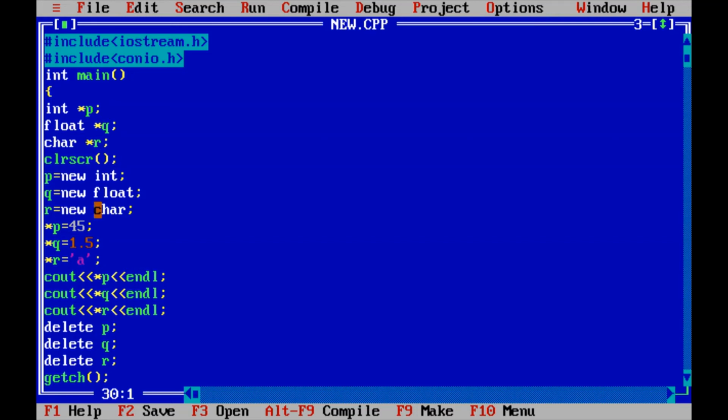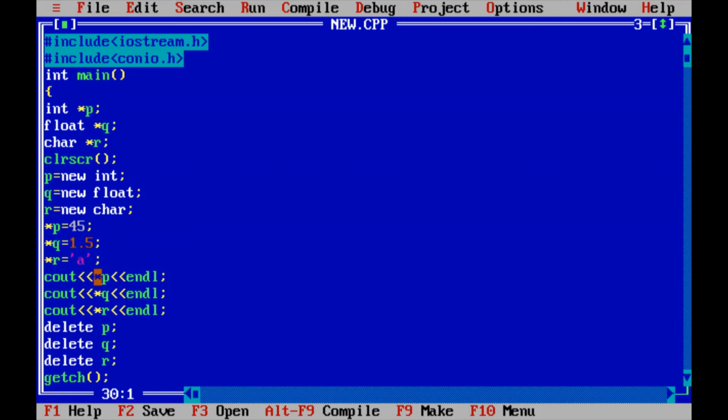In the p address I am holding an integer value, 45, the q address holds a float value, 1.5, and r holds a character value, a.